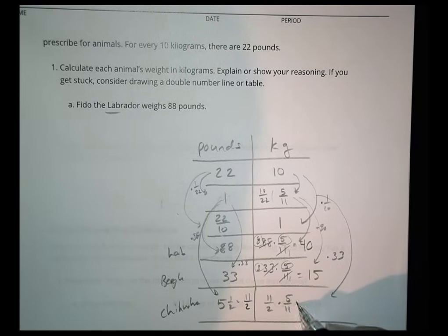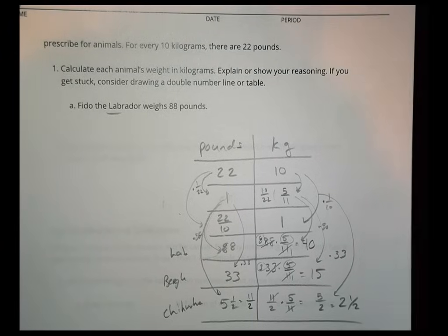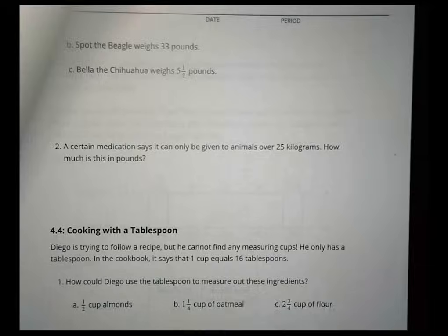Right? And so those cancel, and you're left with 5 over 2, which is the same as 2.5 pounds. Or 2.5 kilograms, sorry. Alright? So that's the idea with those ones there. Now, in the last question, which is on the next page still, I was looking here at the beagle for